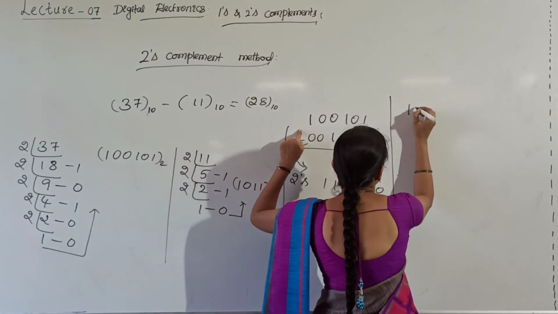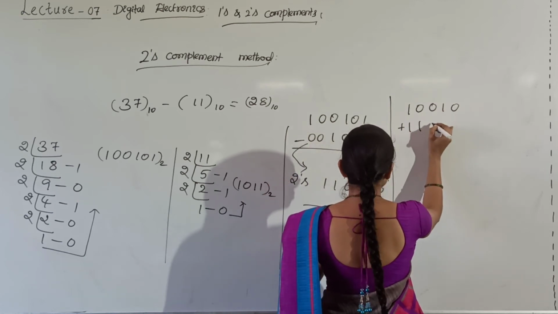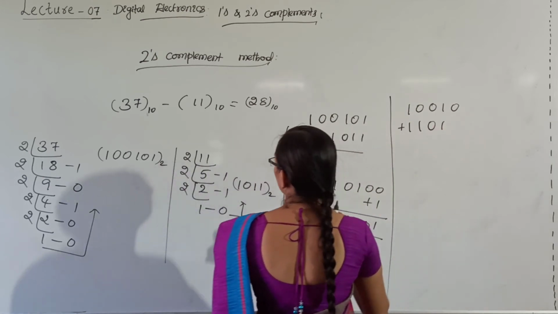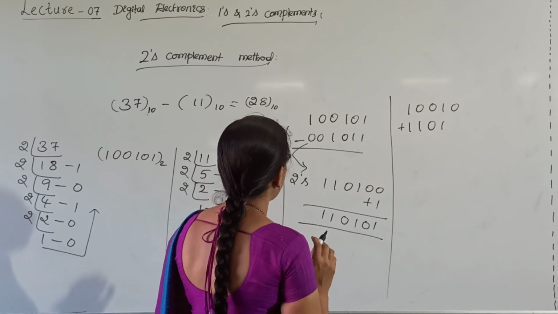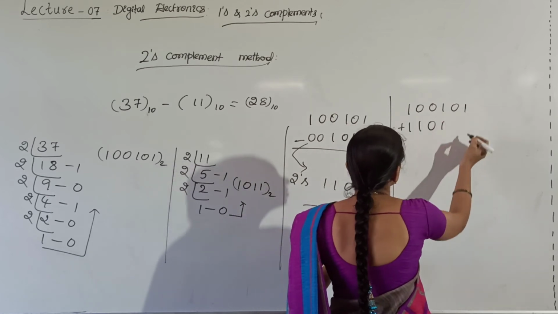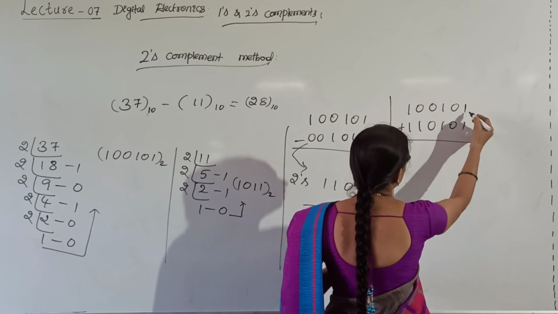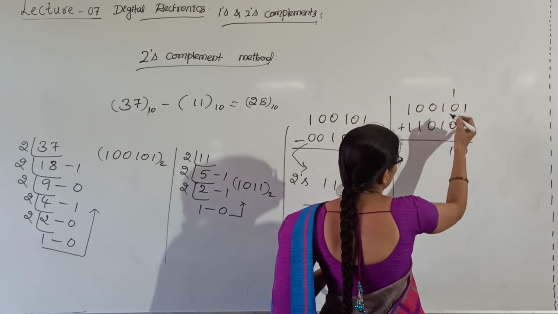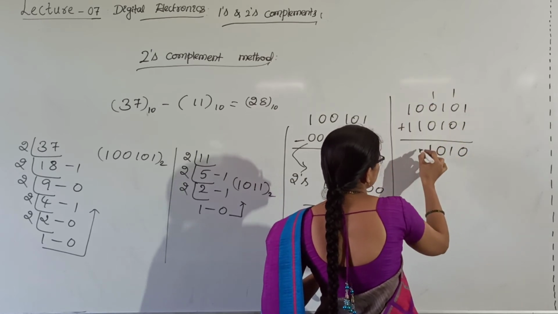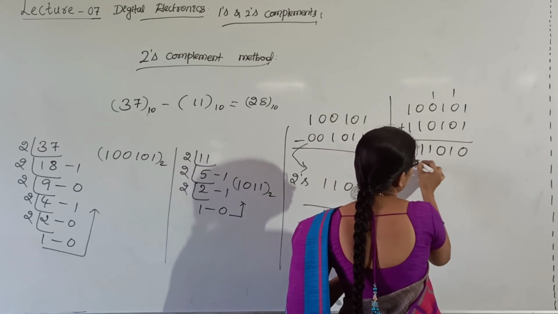Next, 100101 is our minuend, plus 110101. Add it: 1 plus 1 is 0, carry 1, 1 plus 1 is 0, carry 1, 1 plus 0 is 1, 1 plus 1 is 0 and carry 1. Just discard that carry, and the final answer is